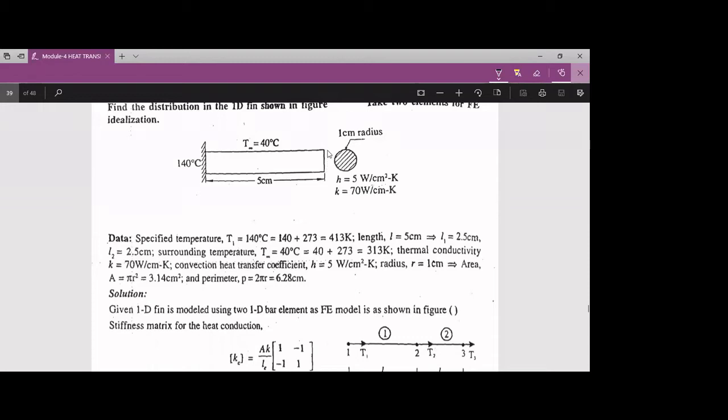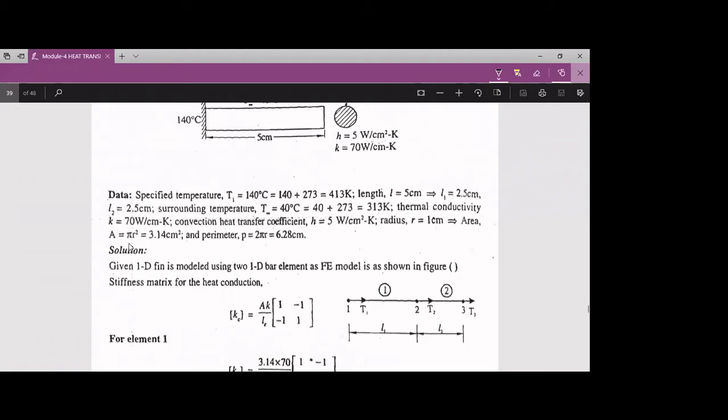Okay, there will be no free end convection for this, because the 1 centimeter radius, or 2 centimeter diameter of the fin, is very small compared to the length of the fin, so very little heat transfer takes place at the free end, and that heat transfer is neglected. If it had a larger surface area, then we could consider free end convection also. But compared to the length of the fin and also the perimeter, it is very small, so we can neglect the heat transfer at the free end.